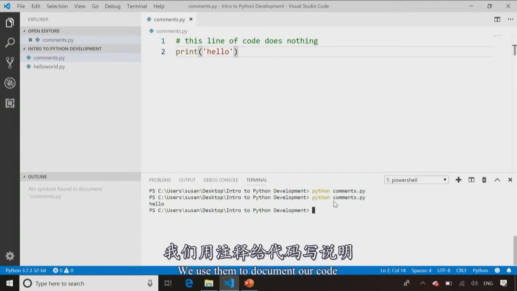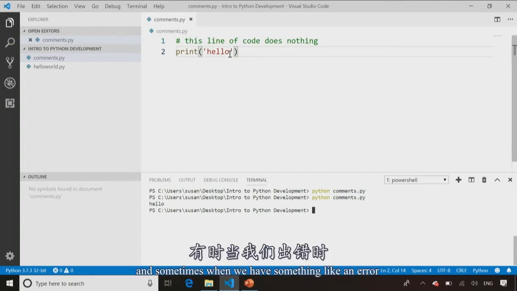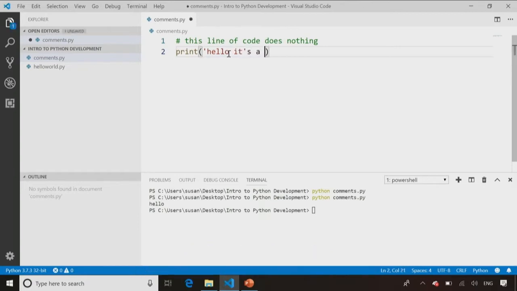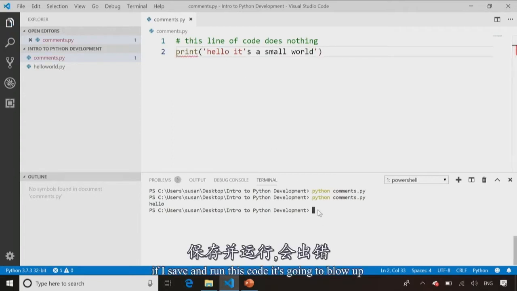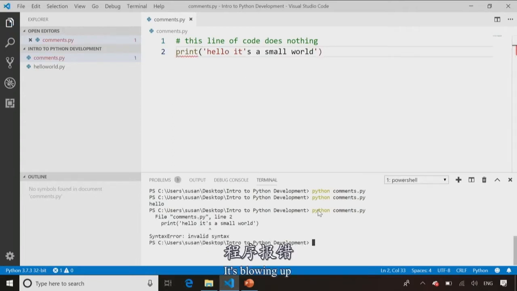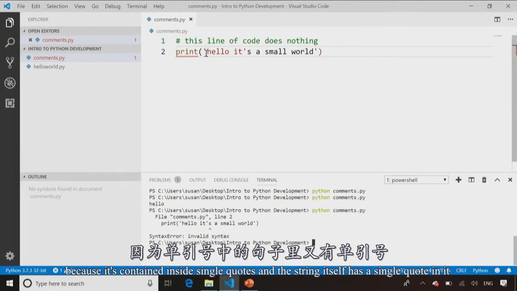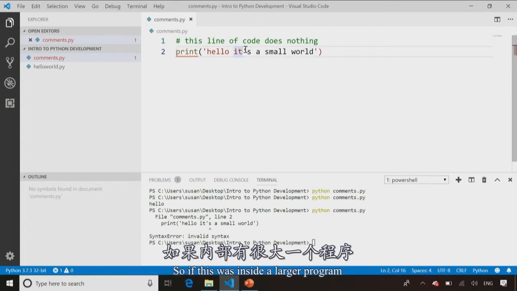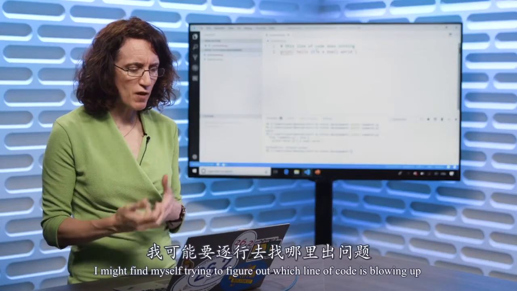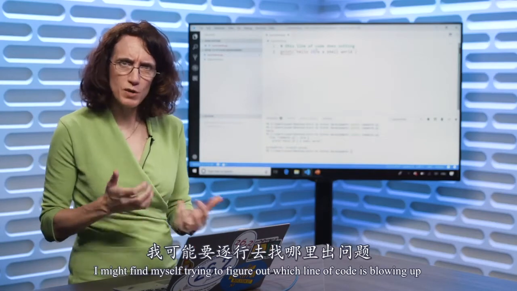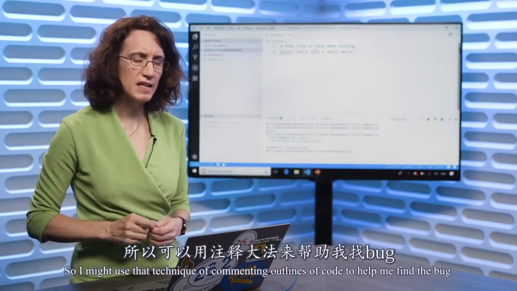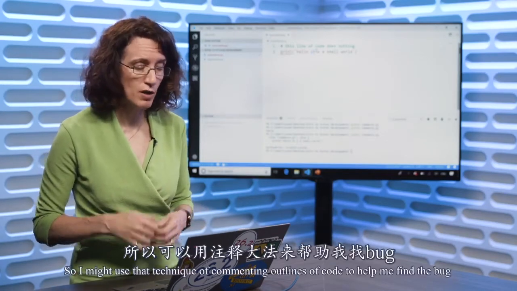We use them to document our code, and sometimes when we have something like an error, so in this case, hello, it's a small world, if I save and run this code, it's going to blow up. It's blowing up because it's contained inside single quotes, and the string itself has a single quote in it. So if this was inside a larger program, I might find myself trying to figure out, wow, which line of code is blowing up? So I might use that technique of commenting out lines of code to help me find